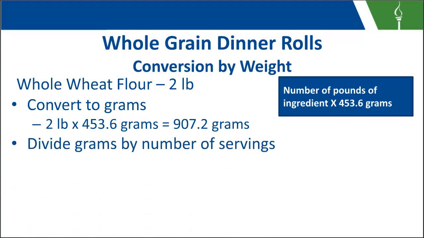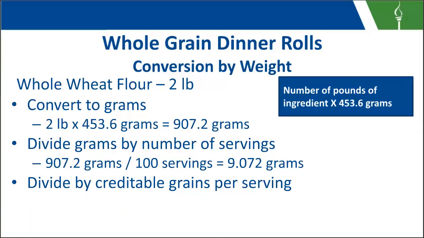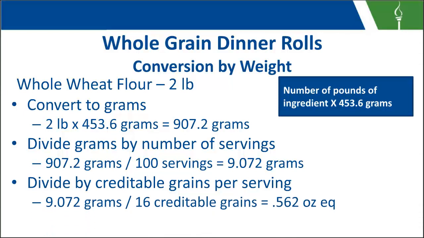Then we're going to divide our grams by the number of servings in our recipe, which in this example we're using 100. So 907.2 grams divided by 100 equals 9.072 grams per serving. And then divide that by the creditable grains per serving. This is always going to be 16 for any of your from scratch grain conversions. So 9.072 grams divided by 16 creditable grains is going to give us 0.562 ounce equivalents of whole wheat flour